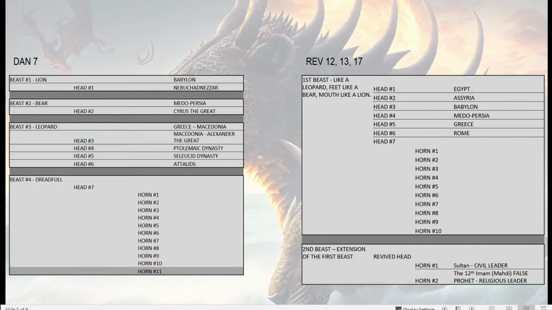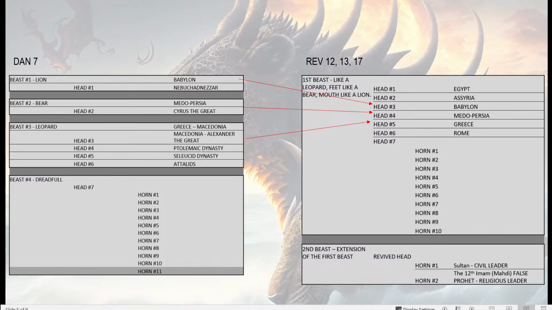And then in Daniel 7, we drew correlation to Revelation. The first beast correlates with the third head in Revelation, given the viewpoint from John. He's looking at it from a historical standpoint, where Daniel was looking at it from a prophecy standpoint. It's commonly agreed that the first two heads are Assyria and Egypt, and then Revelation starts correlating with Daniel with Babylon, Medo-Persia, Greece. And if you remember, Revelation talks about a beast that currently is. During John's time, who was Israel subject to? Rome. So correlating that to the sixth head,